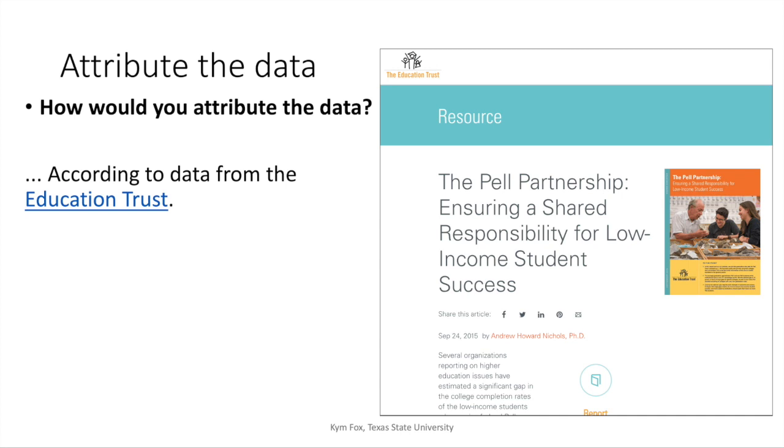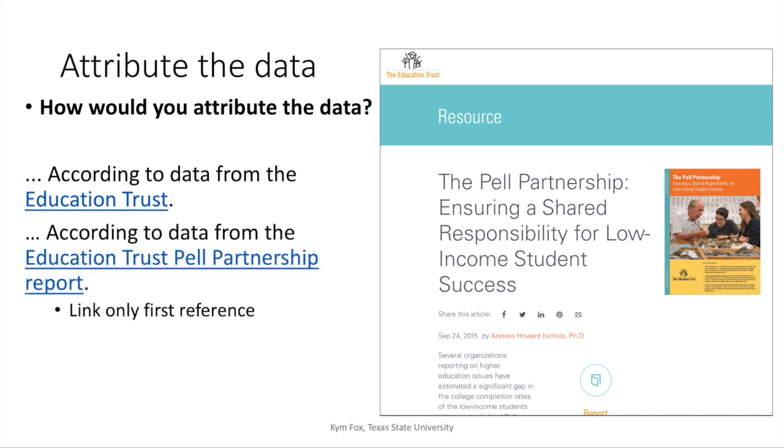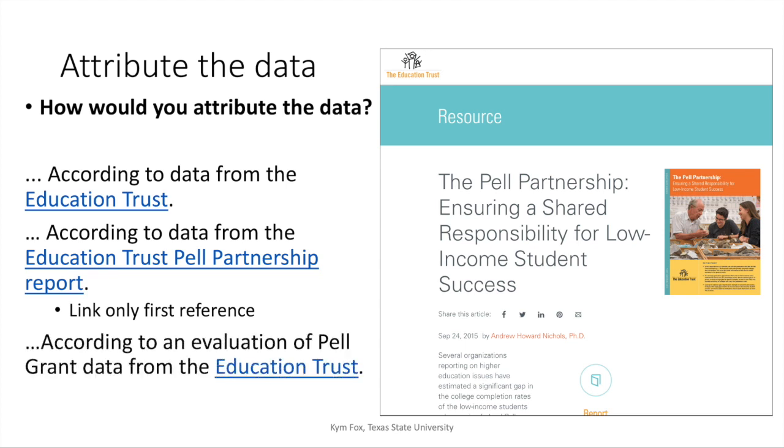So you remember the Pell data came from the Education Trust. There was a report according to data from the Education Trust, and you link to the report, right? According to data from the Education Trust Pell Partnership Report, another way. But you only need to link back to the original source material once, right? Like if you mention it several times, in second reference, you might say the report or the Education Trust report or the partnership report, but you only need to link back to it one time. And according to an evaluation of Pell Grant data from the Education Trust would be one more way you could